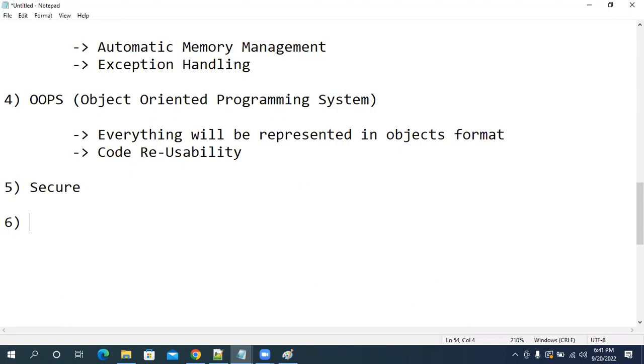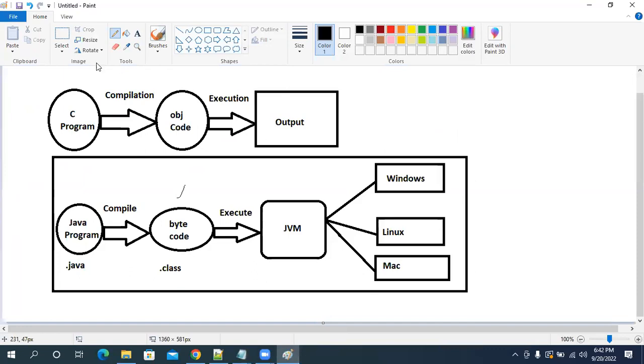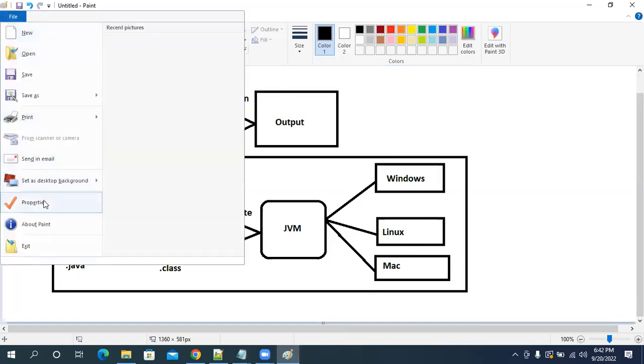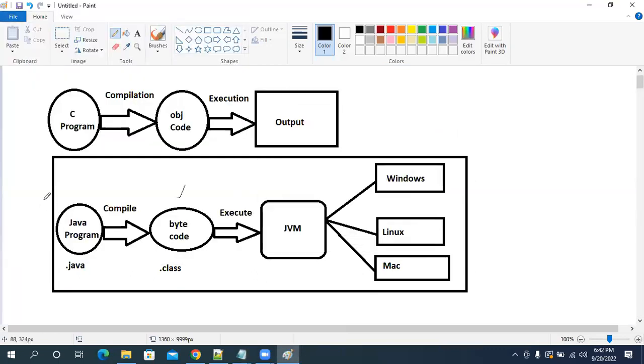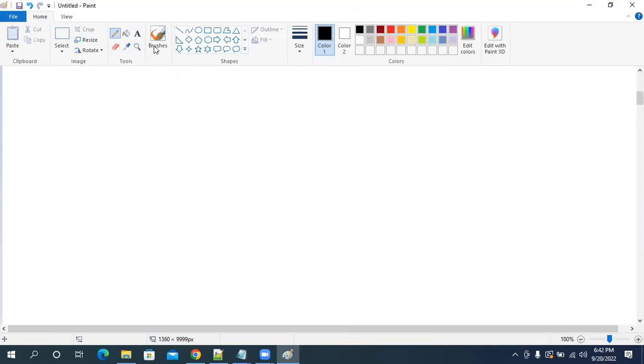Java is object-oriented. Java is secure. And Java is a distributed language. Sir, what is the meaning of distributed language?